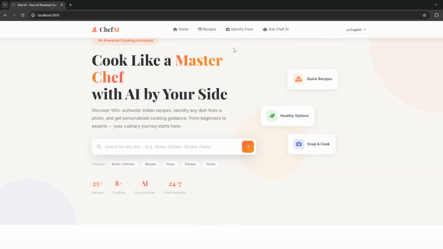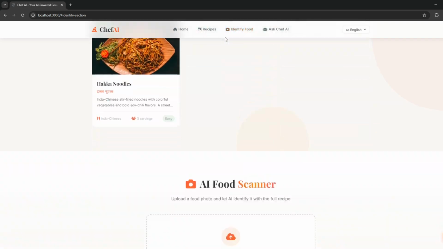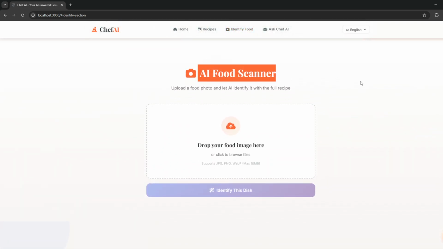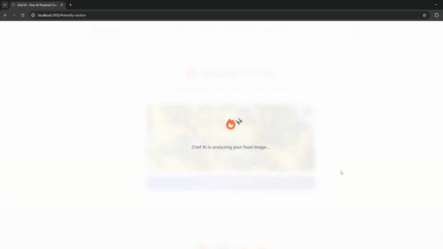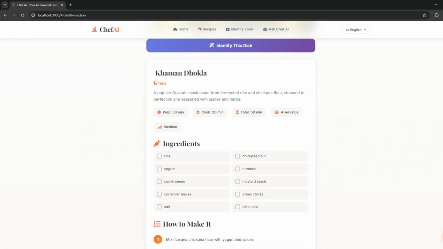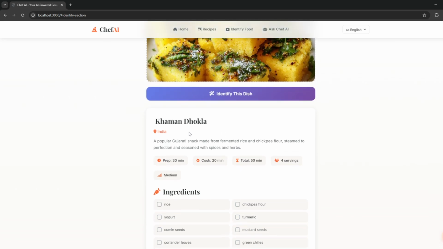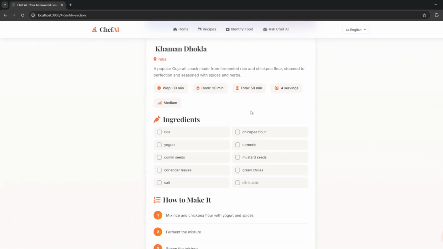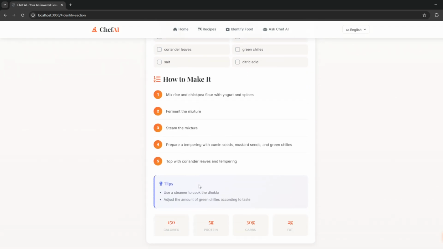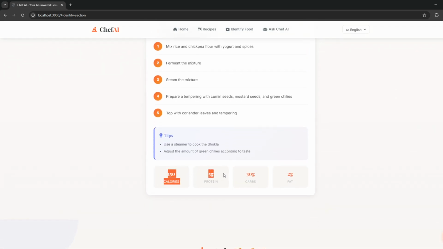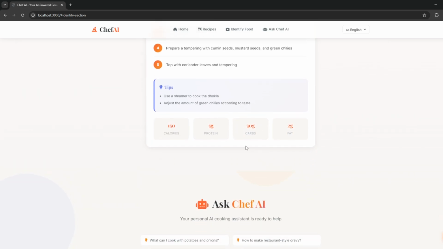One thing I really love about this is identifying the food. With the help of AI, which is Groq, we are using Llama, I think 3.0 something, as the model. Let's take this Dokla and see how it identifies it. It takes some time. Okay, here, common Dokla it is. It gives the preparation time, cooking time, and how many servings, along with the ingredients to make it,